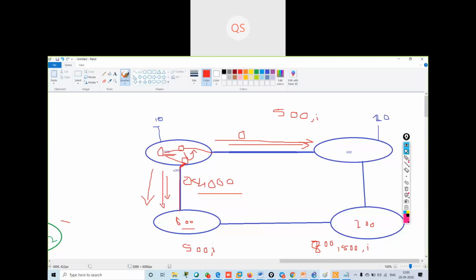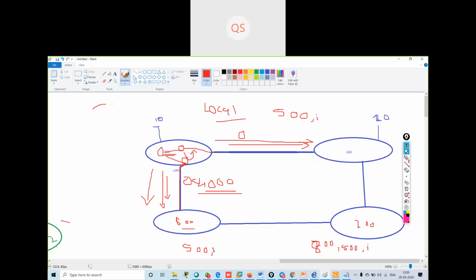So for that we use something known as local preference. When we use local preference, the border router will advertise the information that this route has the highest weight, so all the routers will go via this only.